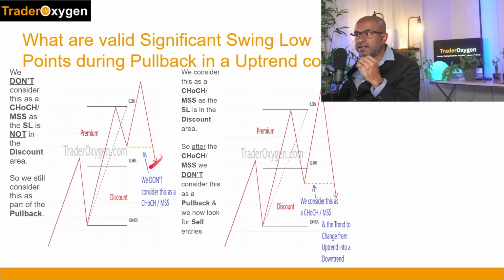Again going up, break of structure, pullback. So we consider it to be the pullback, whereas here we consider it as a change of the trend because of the market structure shift. So what that means is, this price is still in an uptrend and it's just making a pullback. Further, the pullback is coming further down. That's how we look into the market. That is why this significant swing point is very important, and we figure it out with the help of the